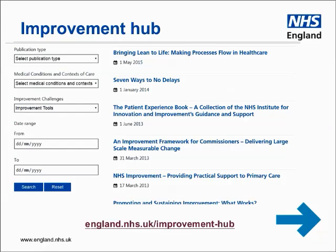So really simple. There are several ways, as I say, you can find the resources that you want to look at. At the moment, there's approximately 150 resources on there. These have been picked and seen as exemplar improvement resources, not just by us, but by improvement specialists from across the system. So the 150 on there are deemed as being some of the best resources that are available. So you can find the various resources and practical guidance in a number of ways, either by publication type, which of course is a toolkit, case study, presentation, whatever, or by medical condition,